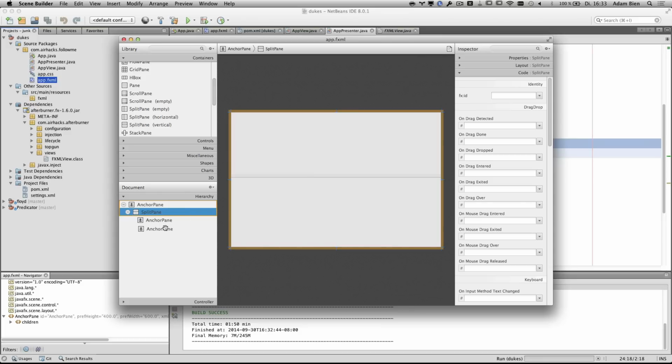And now is where Afterburner really shines, because the first view is empty. And then I will create two packages, one package for this view and the other one for the other view. So I can have as many nested FXML files as I like. And this is why it scales. And this is why it is probably used so much in larger projects. You got the idea? So now I go here and say this is the anchor pane, and this I call north. And this one is south.